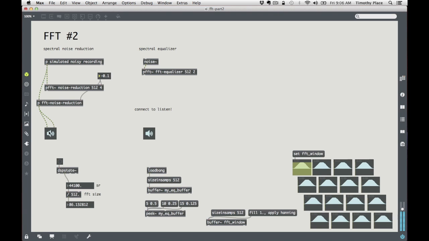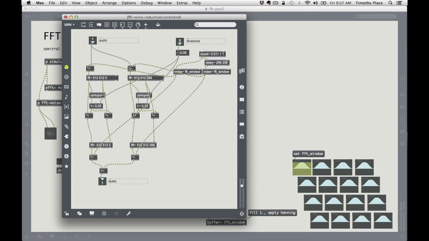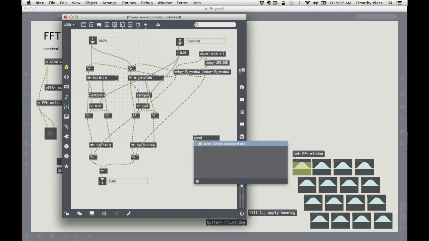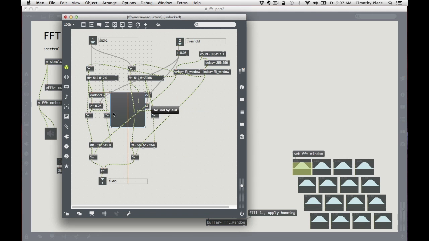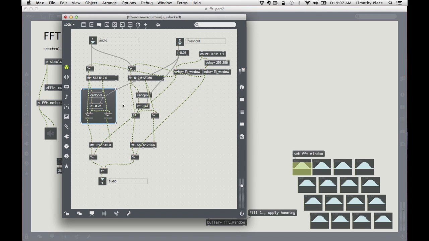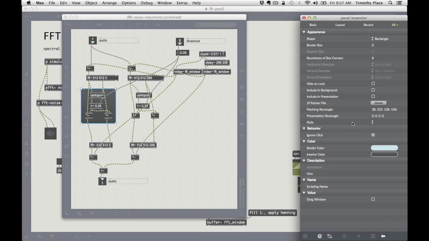Okay, so sure enough, it does work. And now we can tidy up this patch a little bit. We're going to use some panels to tidy this thing up now. Go ahead and